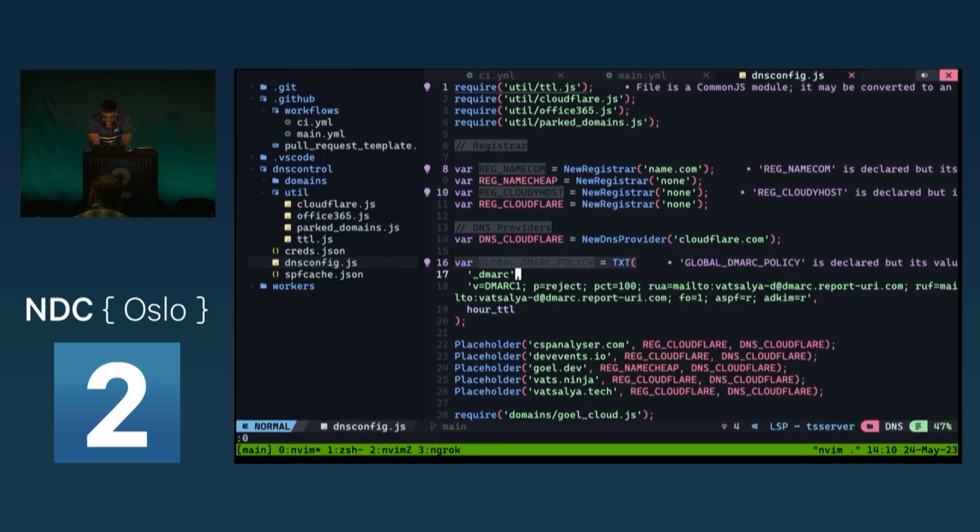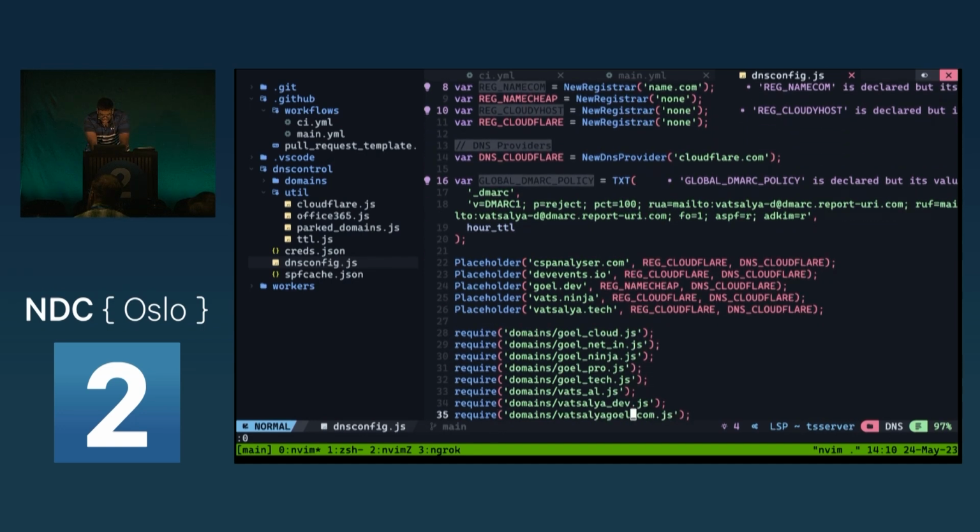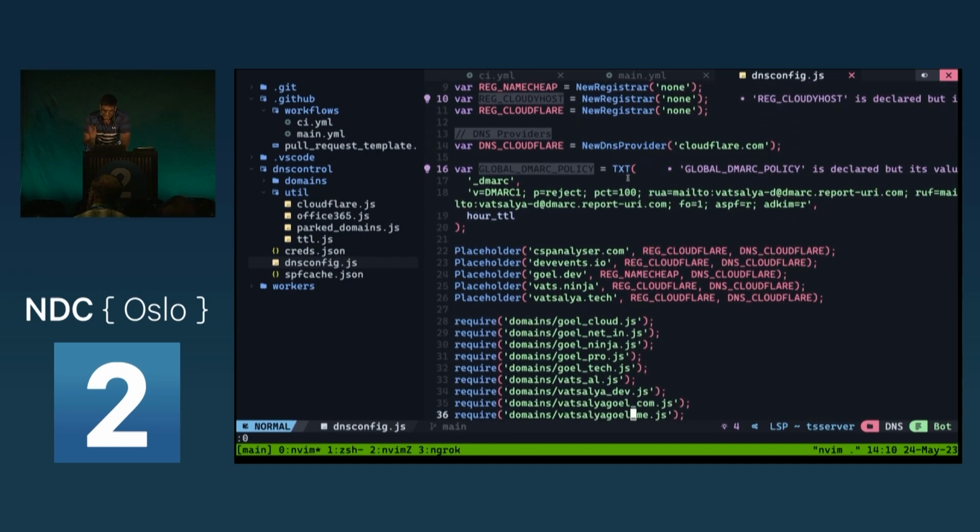As I talked about, my global DMARC policy says there's a report URI. I'm not going to go into details of what DMARC is, but it says report any failures of DMARC to this report URI provider. And then some placeholders, as we talked about, for parking domains. And lastly, these are all the domains that actually have records in them. So going into one by one,